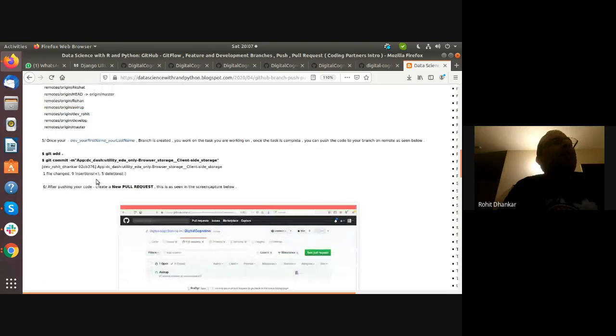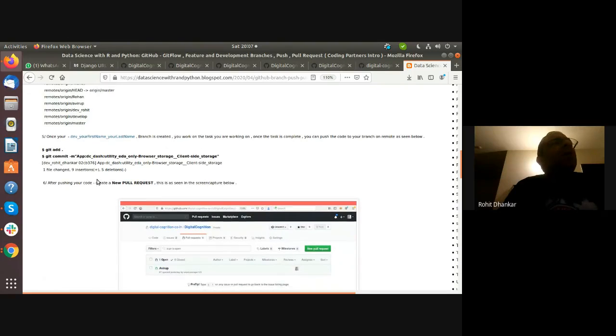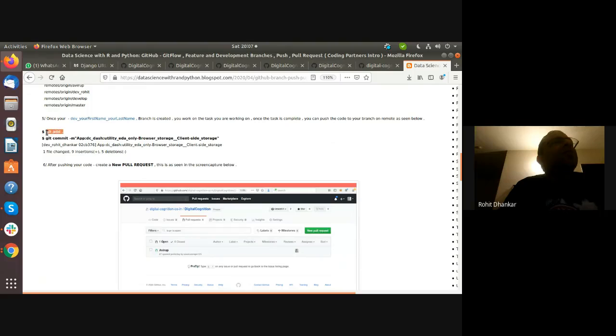So once I've gone ahead and pushed my code, this of course is the git add, the git commit. Try and make this message very clear. Even if you don't, that's okay. It doesn't necessarily matter, because as long as you are pushing in your own branch, everybody is aware what task you are doing and what it is that you are pushing. So that is not such a big problem. But try and keep this as an intelligent message, so to say.